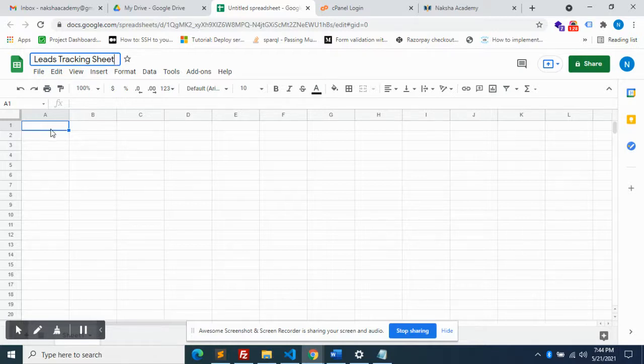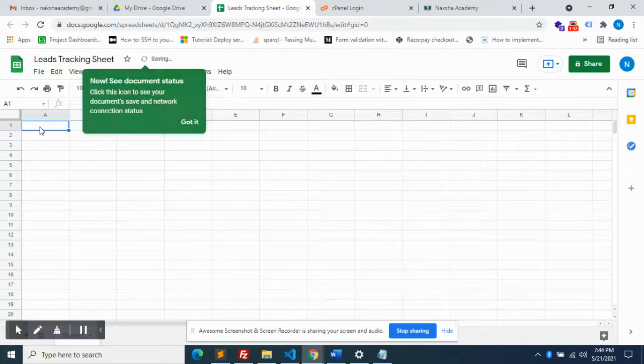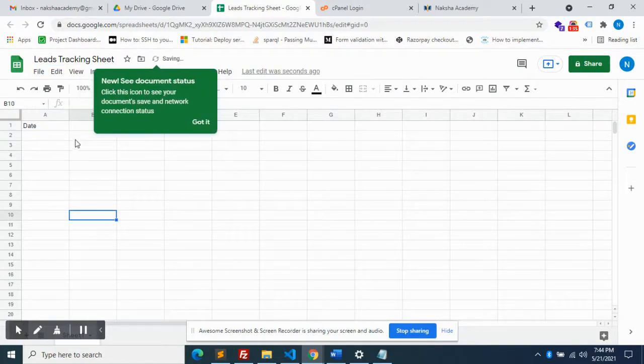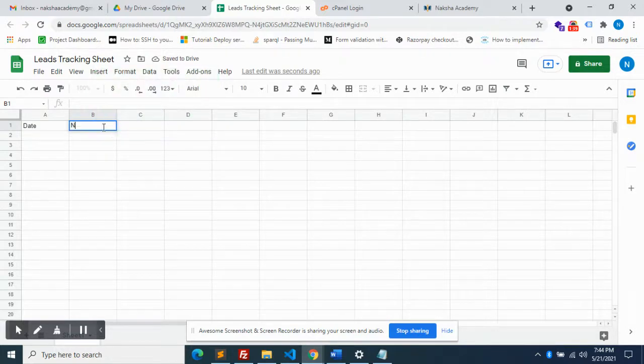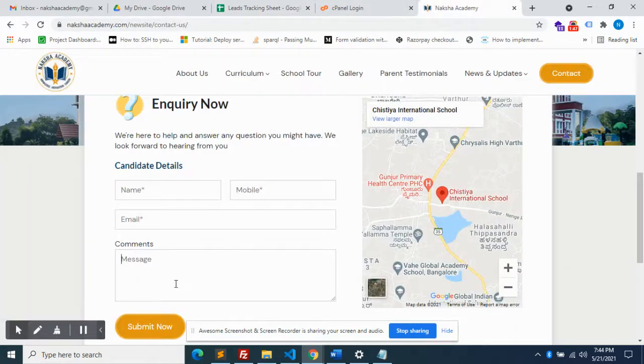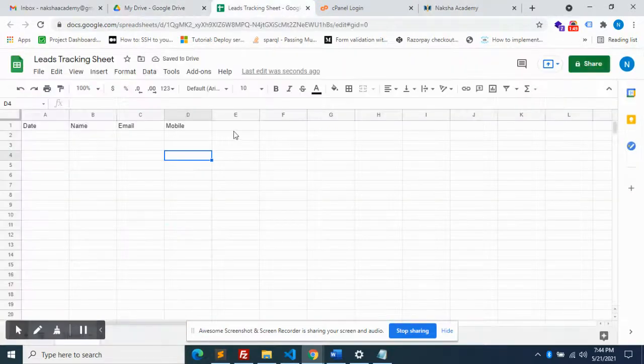Now I am going to enter the values. What are the values stored in this sheet? Date, name, email, mobile, and message.